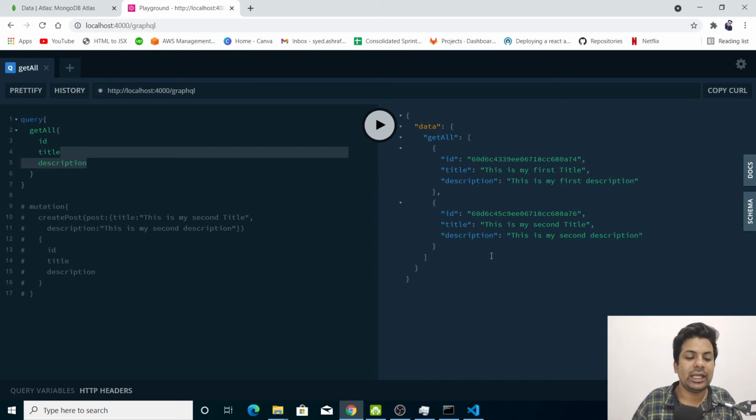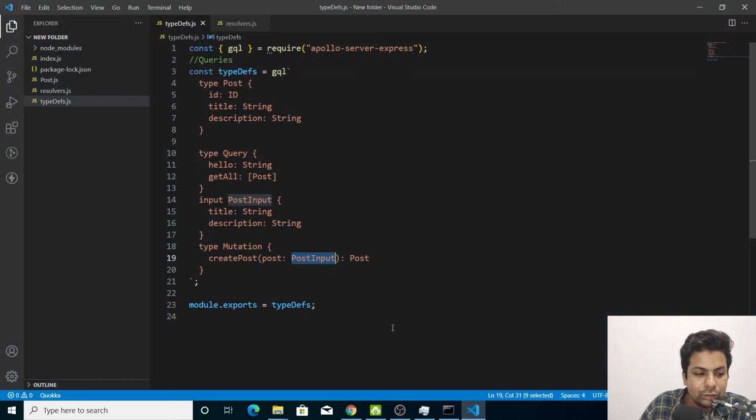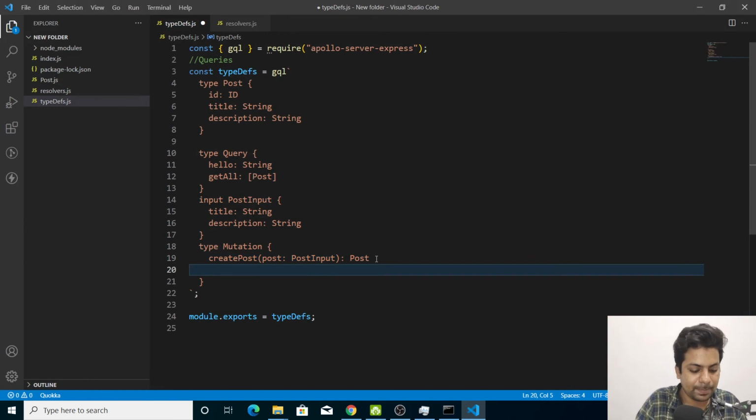Now we'll update it. So for updating we need ID because we'll be updating with the ID. So let's just go back into type defs. Now we have to update it. So we'll say update post.